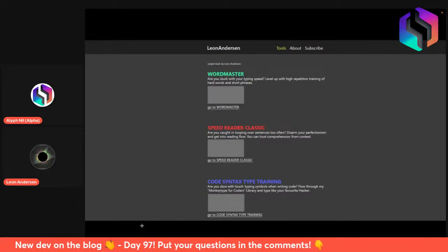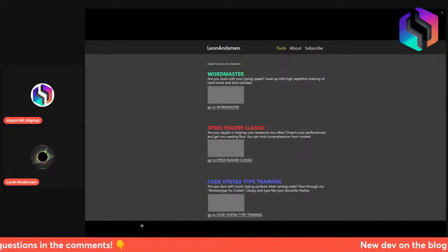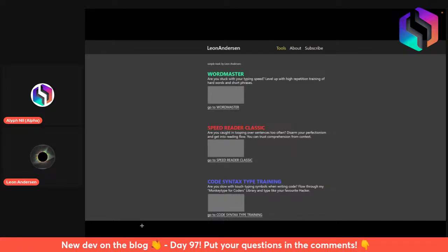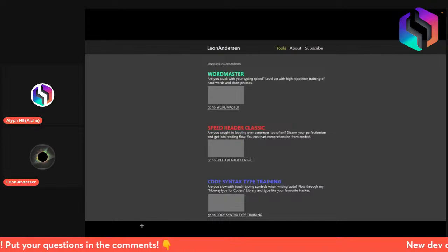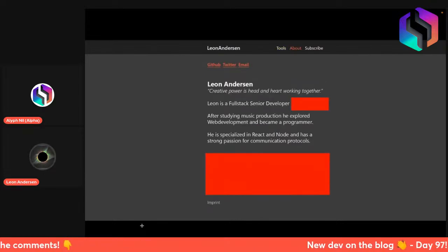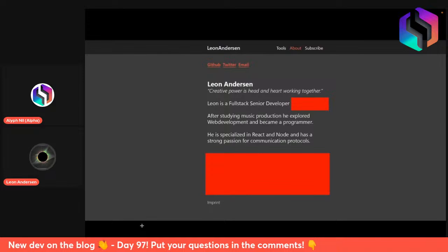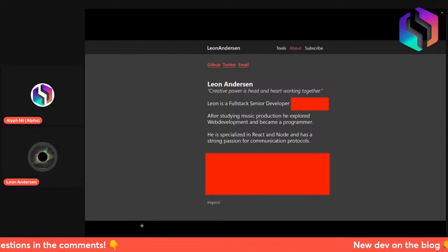But I have a little variation here that I have for tools different colors for each different header, just to make it more playful on the tools page, where we don't need as much focus as on the blog page. And then the next one would be the about page, where you can see that I have the focus color again, the orange, the red orange on the about text, and then on the links for GitHub, Twitter,